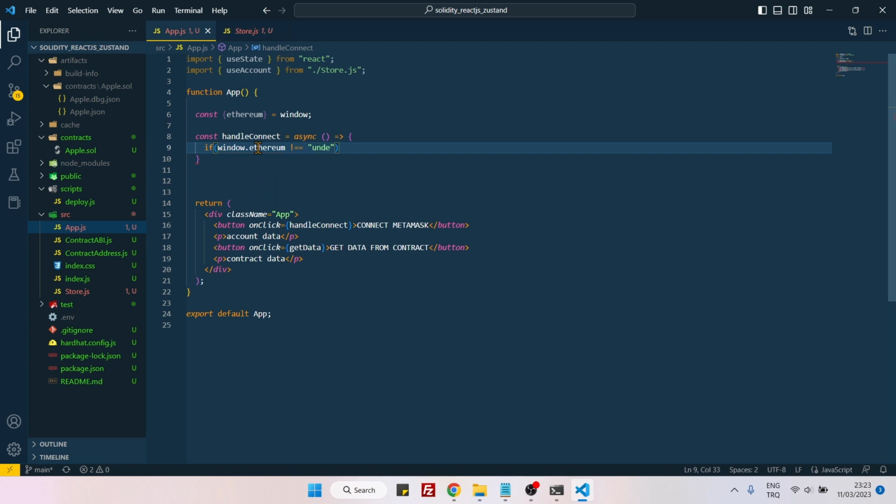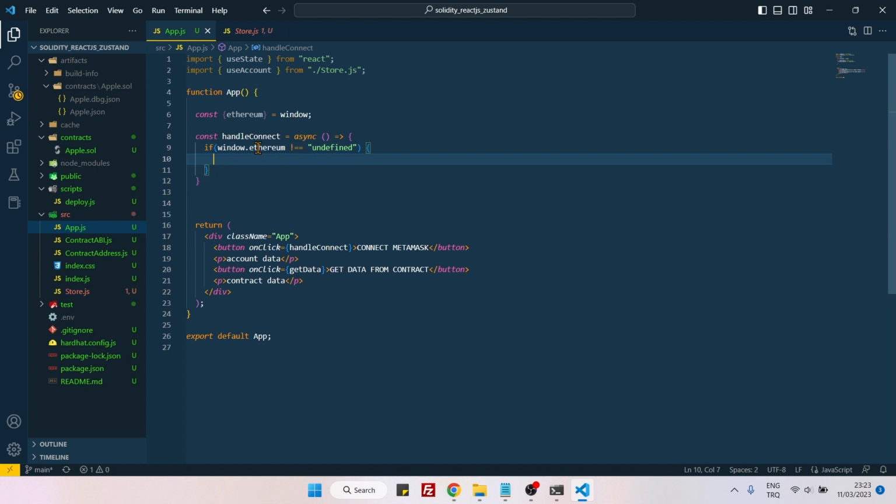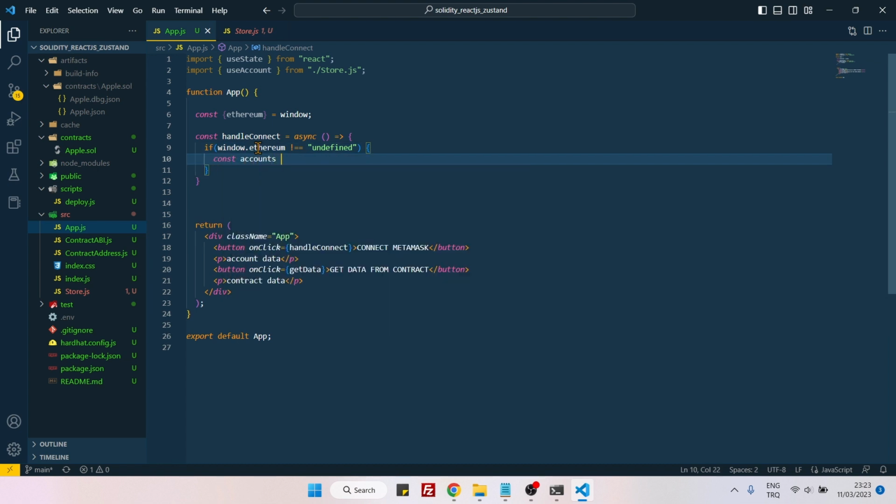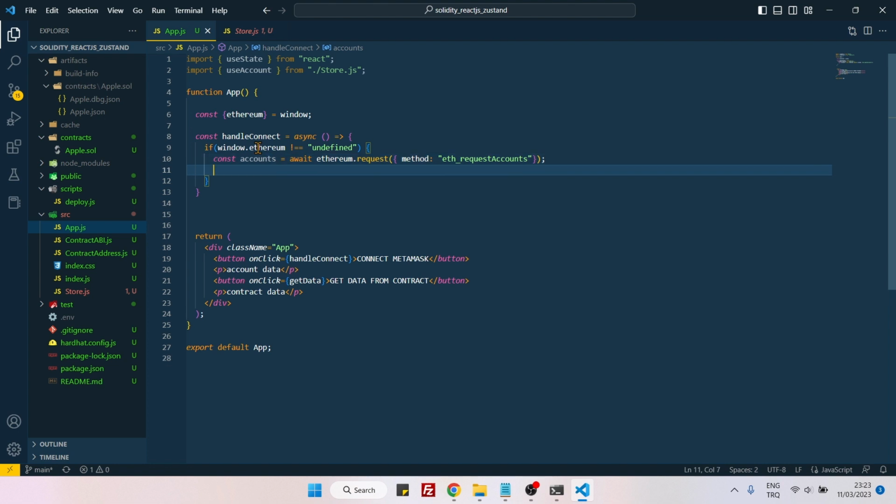Okay, if window.ethereum is not undefined, then it means that we have MetaMask in our browser, which means that we can grab the account information. So we will say const accounts, it will return us an array, and we will just grab the first account. So const accounts is equal to, and here